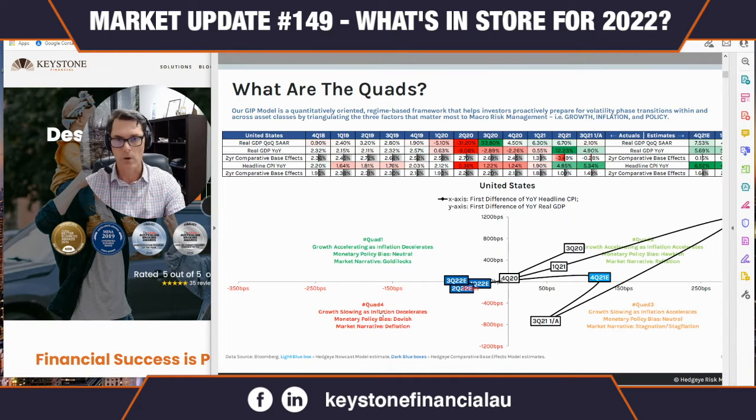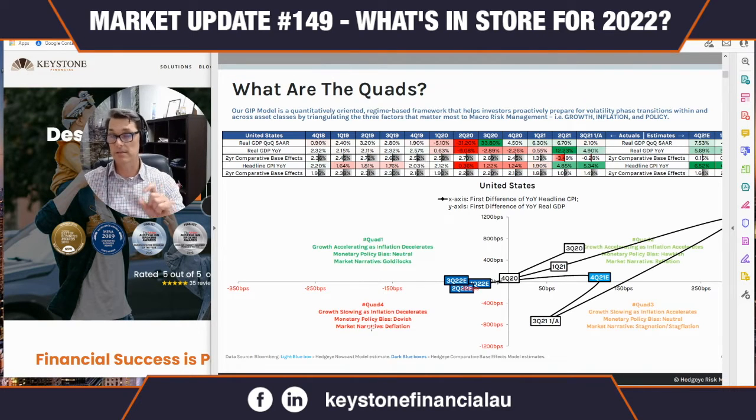We have quads 1 and 4 on the same side of the y-axis. And so what that means is that you have the inflation. So again, growth, inflation, and policy. There's some similarities, but the main thing is inflation is decelerating in both quad 1 and quad 4, and we are observing that. I'm going to show you a table on the CRB index that indicates that. We've got a reasonably benign or neutral policy from the Federal Reserve, or from the central bank.